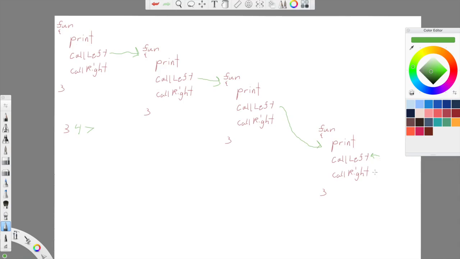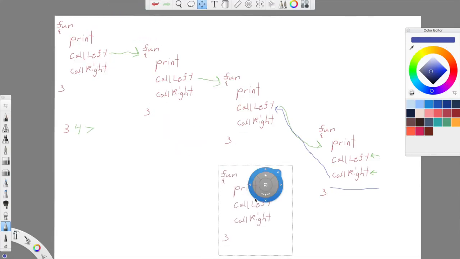We'd call our right function, which if we hit our base case again would do nothing, which means we then basically reach the end of this function call. At which point we come back up to the point from which our function was originally called, which was right there. So now that we've come back, we can call the right function. Right, so our right function might basically do the exact same thing again. We just have another copy of the function running,